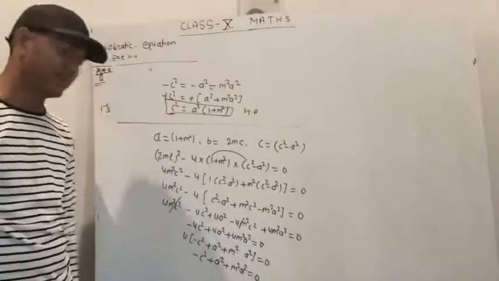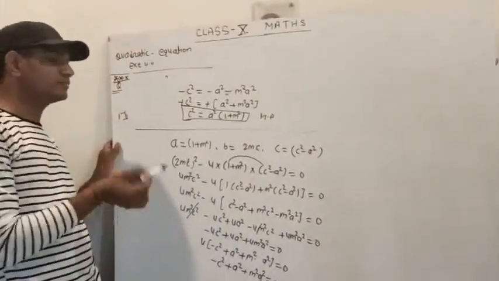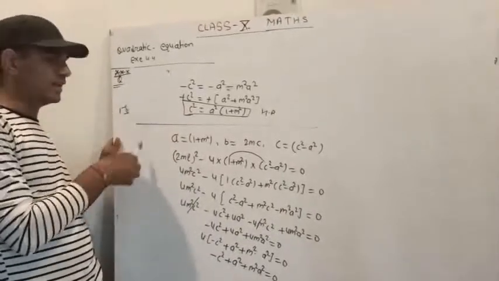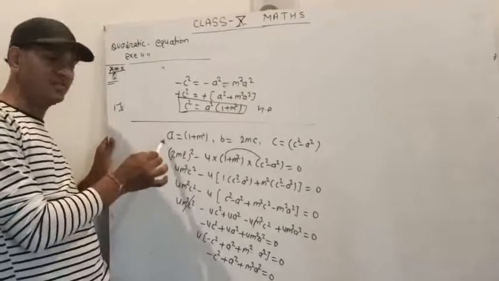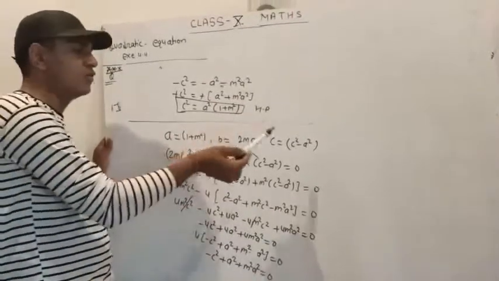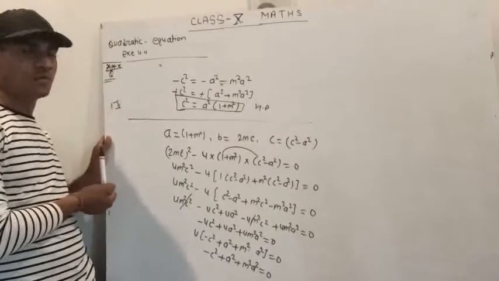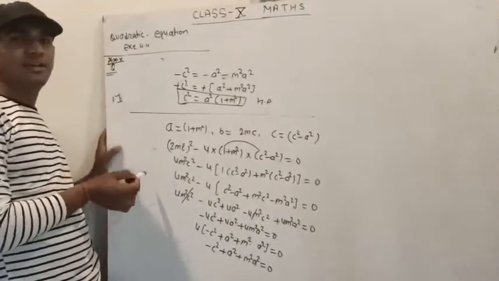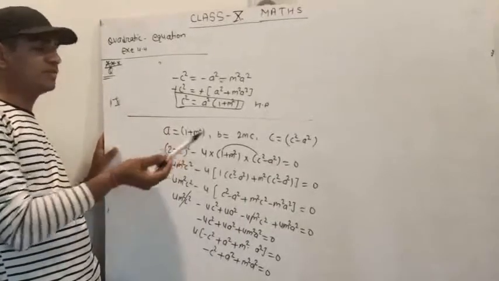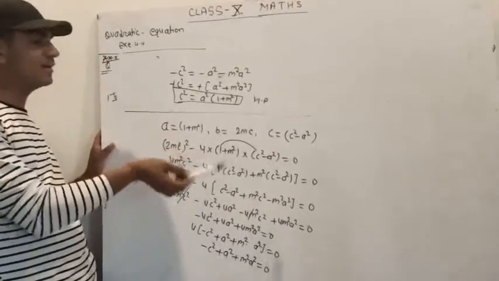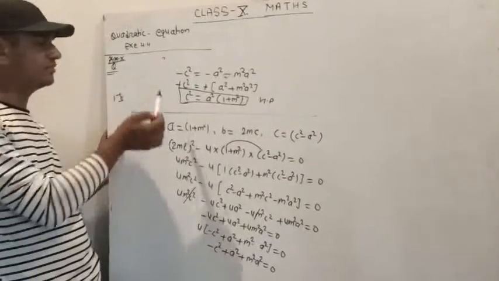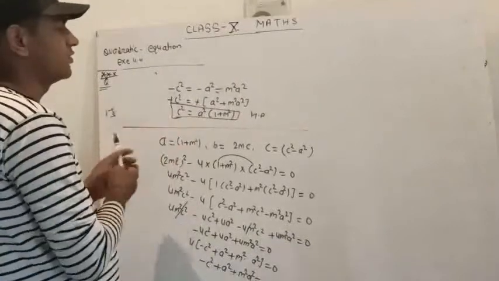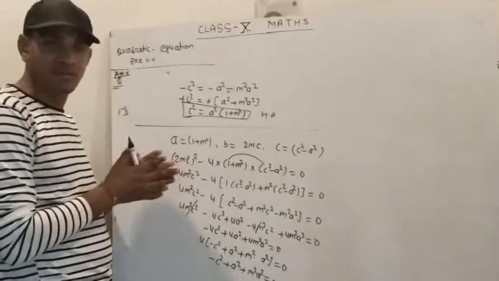Okay. So in that given question, what is given to you? Given the following equations are having real and equal roots. Then you will prove by the same procedure. A की value find out करनी है, B value and C value find out करनी है आपको. After that finding, now we know the condition for real and equal roots: B square minus 4ac is equals to 0. उसको substitute करना है. Then finally we will get the answer, c square equals to a square (1 plus m square). So that is all about your chapter 4 quadratic equations.